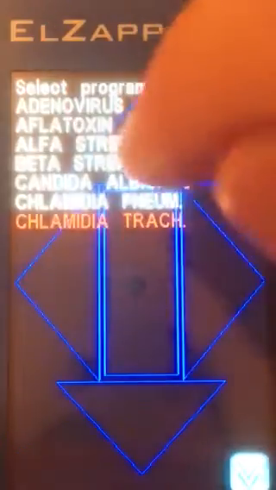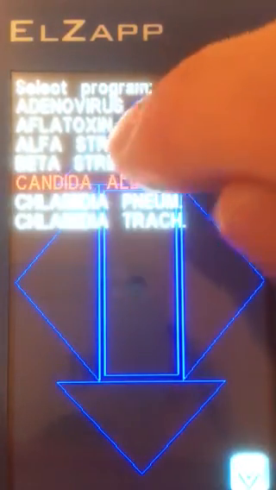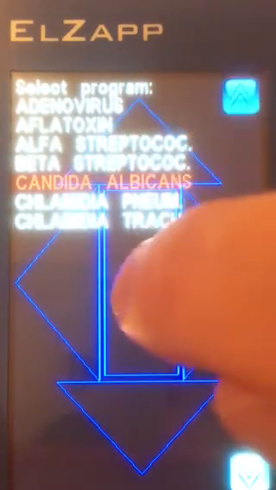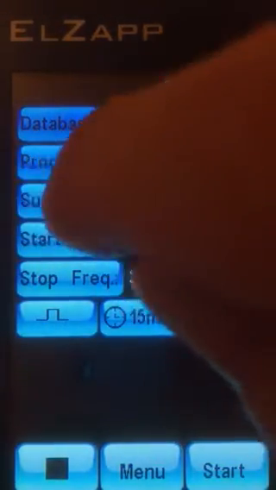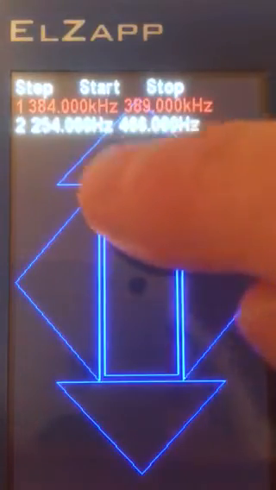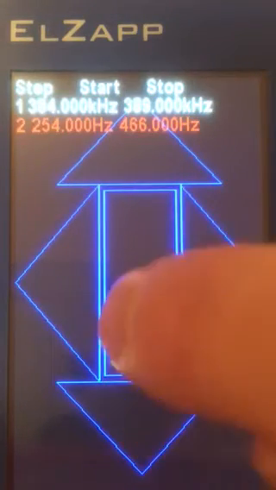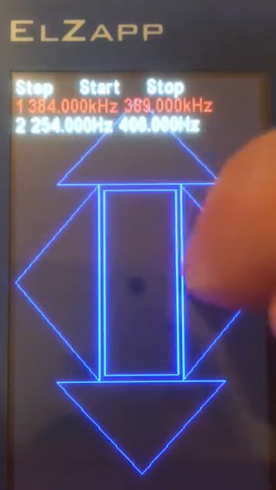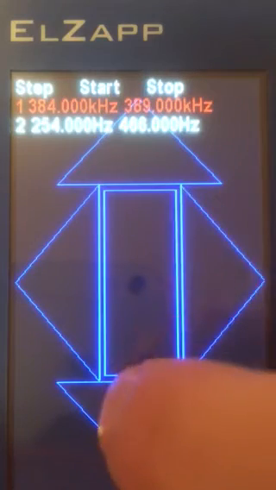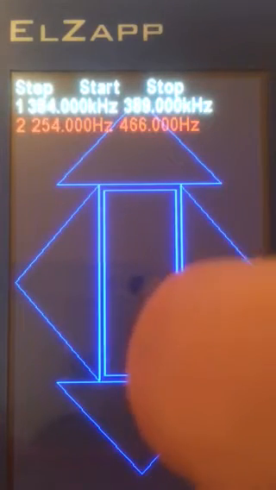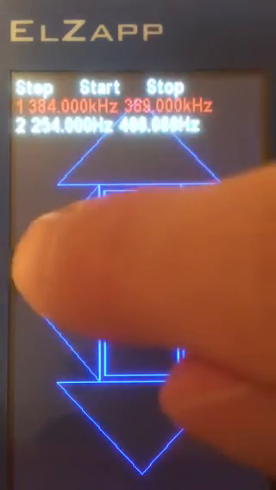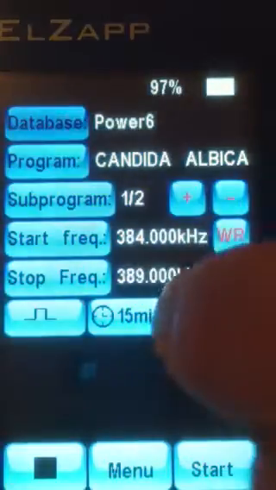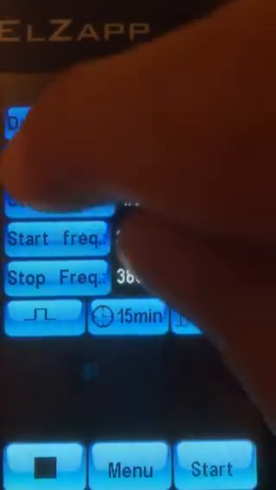So if I want to change to any other program, I can go to, for example, Candida, and you can see that there are 2 subprograms. If I click on this, I can see both. I can choose to start from the first one and then go to the second one, or I can choose to start from the second one or third one or whatever. Okay, and now I will choose another